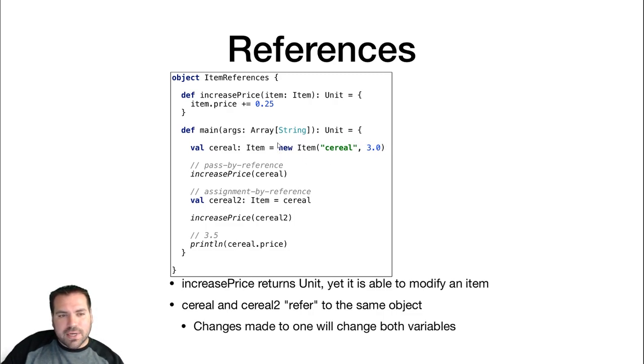Only one object of type item was ever created in this whole program. So anytime increase price was called, it had to have been working on the same item, because we only used new once. We only created one object. So every time increase price is called, it's always that same object. When we call this method, we don't make a copy of the object and send a copy like we do